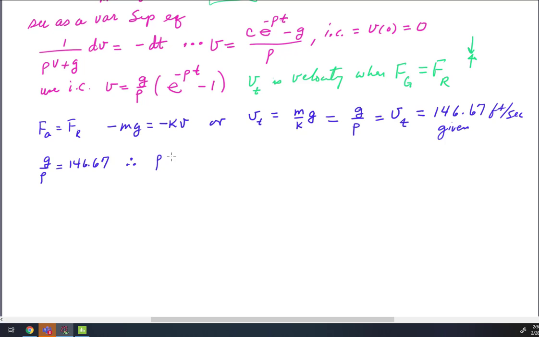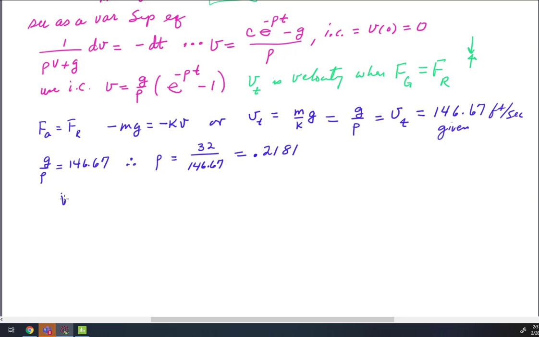Therefore, rho is equal to 32 divided by 146.67, and is equal to 0.2181, at least to 4 decimal digits. So now we've solved for rho, and then working back just a tad, we would have